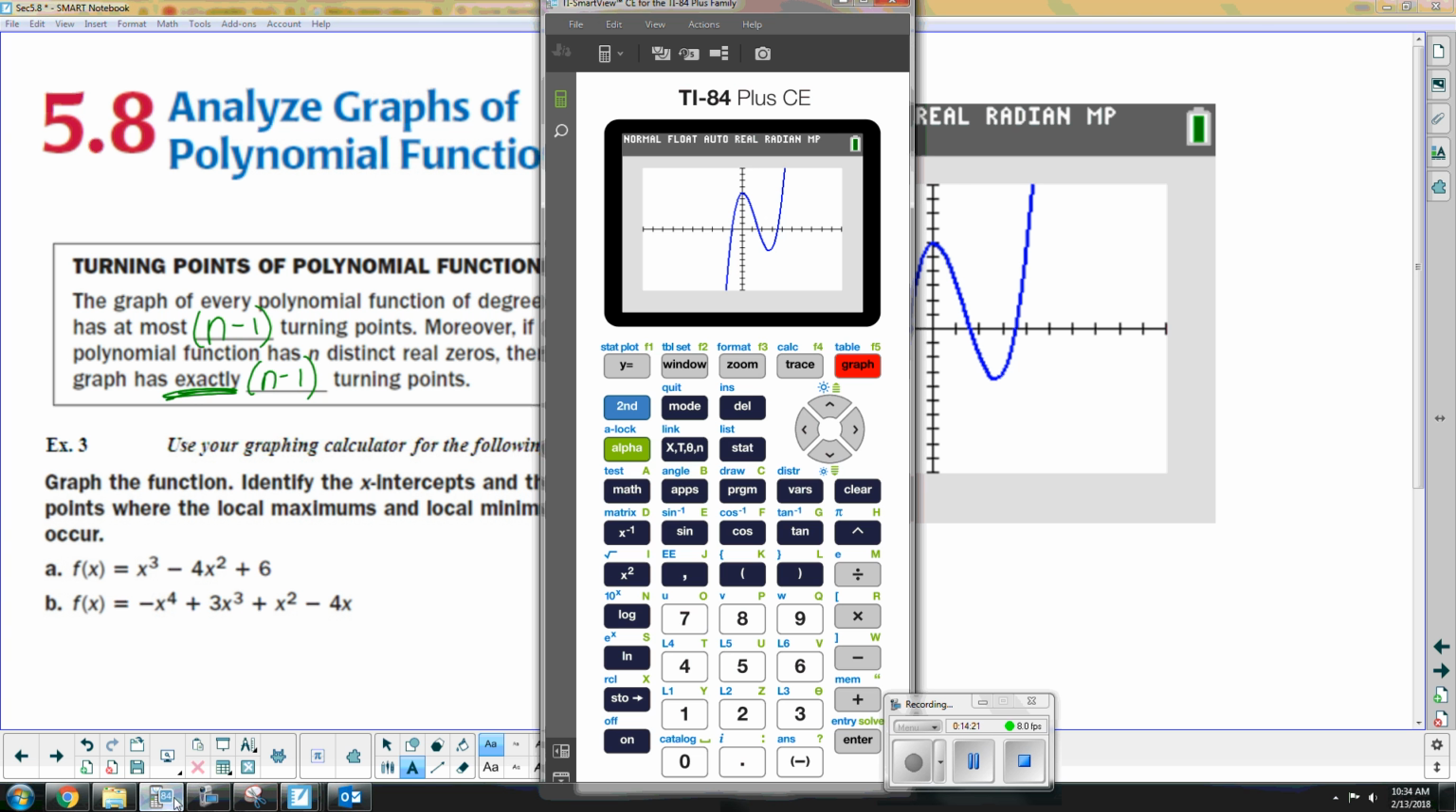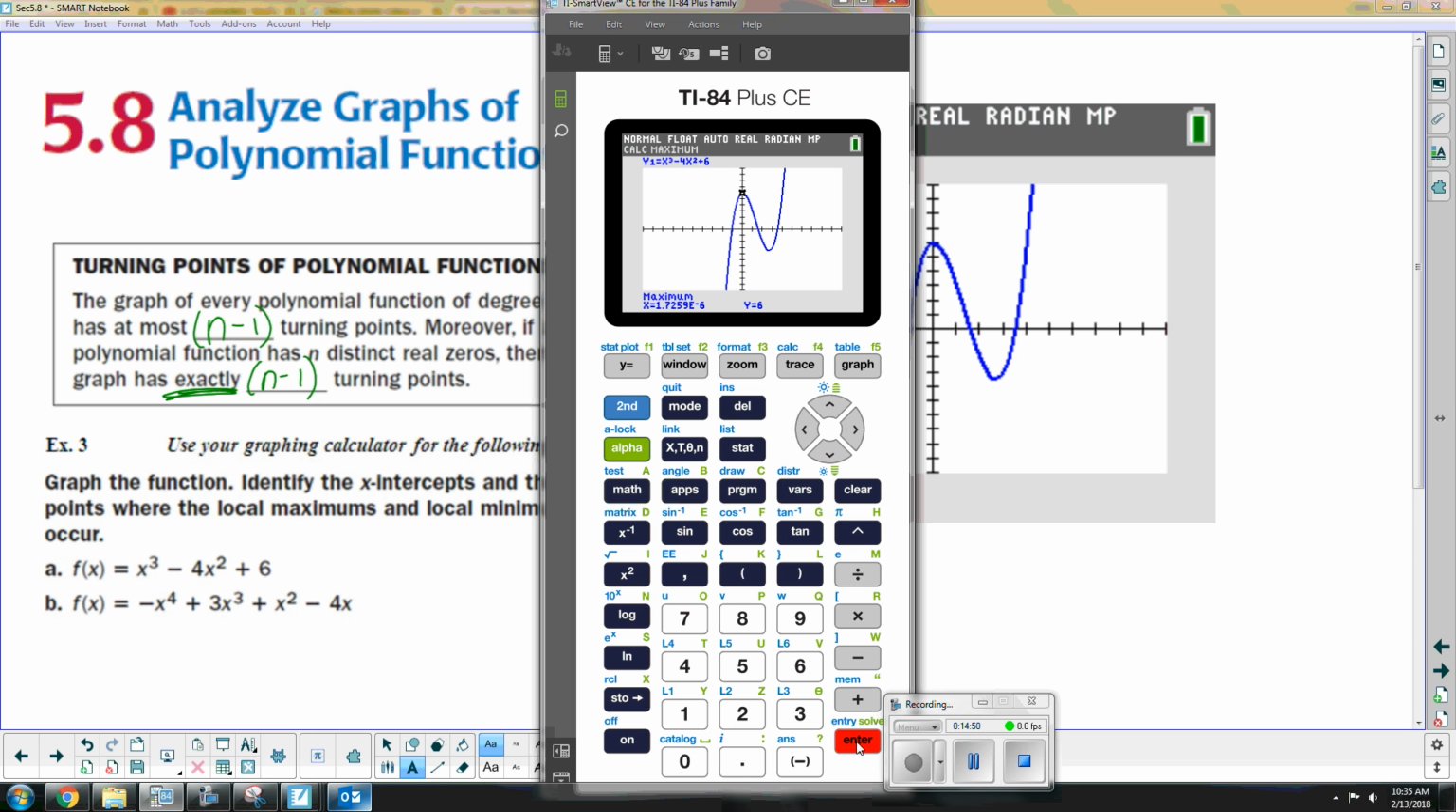Now on our calculator, we can identify the local maximum and the local minimum. So you'll have to go to second calc, and you're looking for the maximum. We're going to find the maximum first, so number 4. And first, see how it asks you what the left bound is? You have to scroll to the left of your maximum, hit enter. Then it asks you the right bound, scroll to the right of your maximum, hit enter, and then it's going